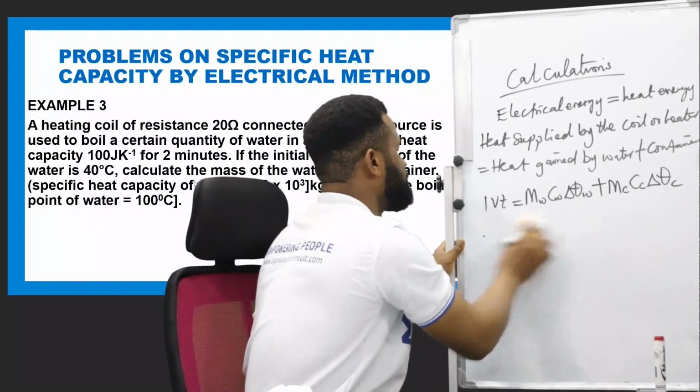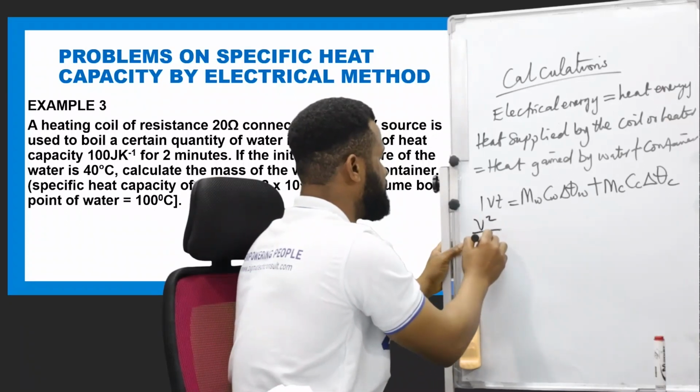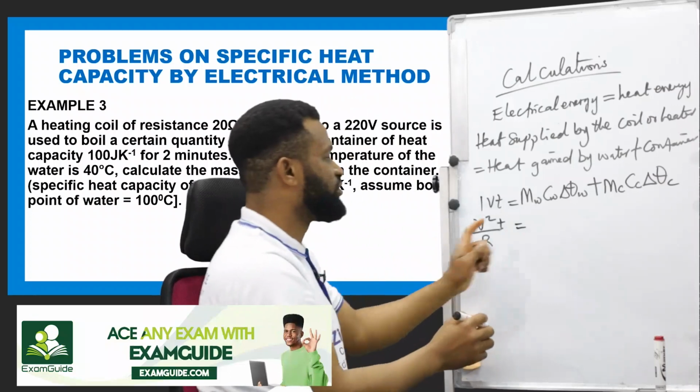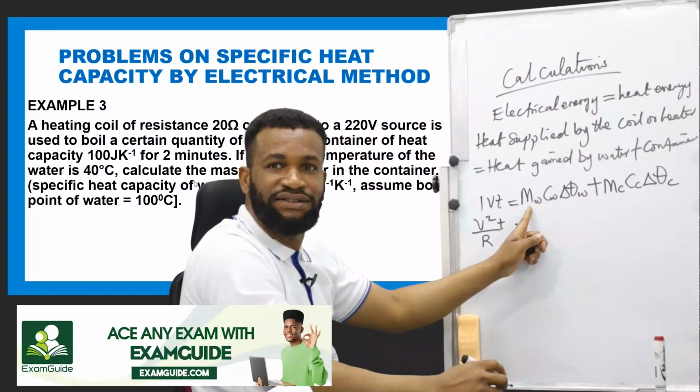So that is going to be V squared over R all multiplied by T. And that is going to be equal to the mass of water is